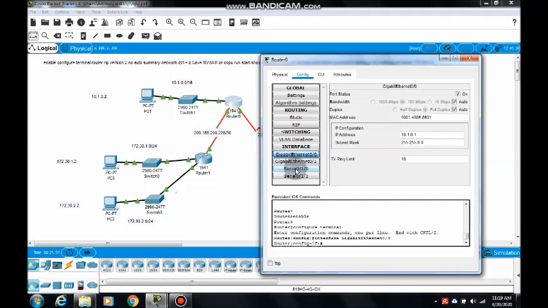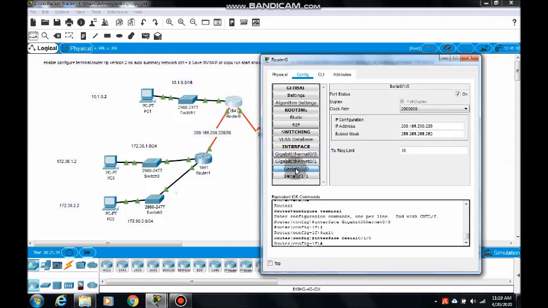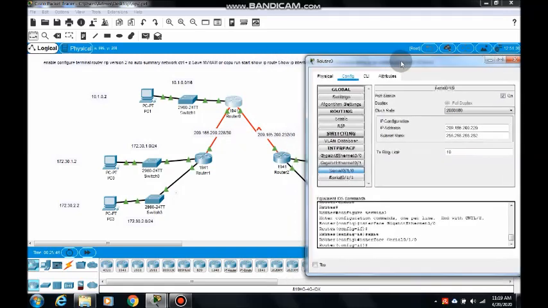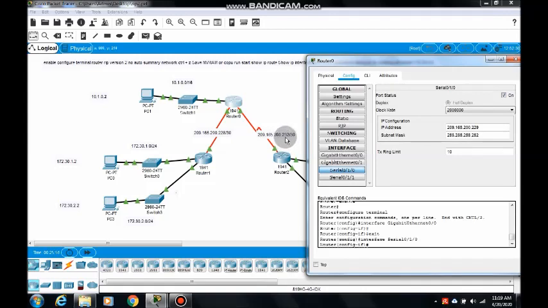So here two serial interfaces are there. These two serial interfaces are connected, one serial interface with the 228 network, and another serial interface is connected with the 232 network. So in the 232 network, the possible addresses are 233, 34, 35, 36.